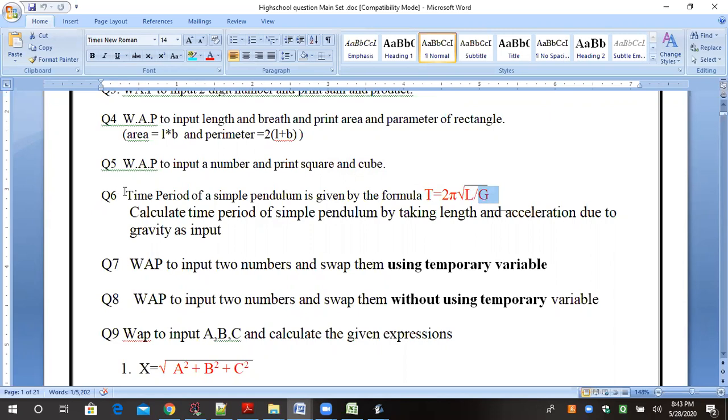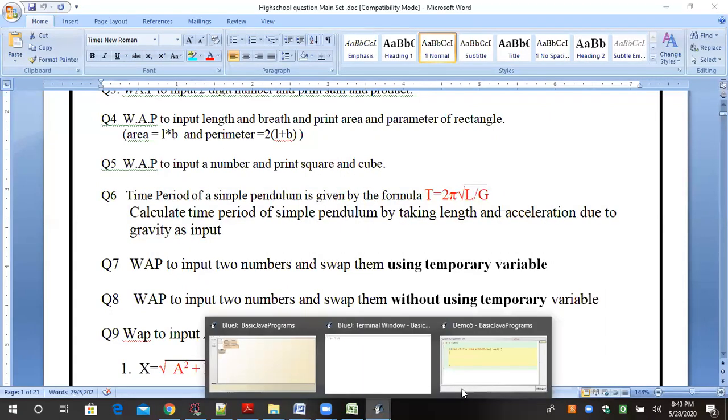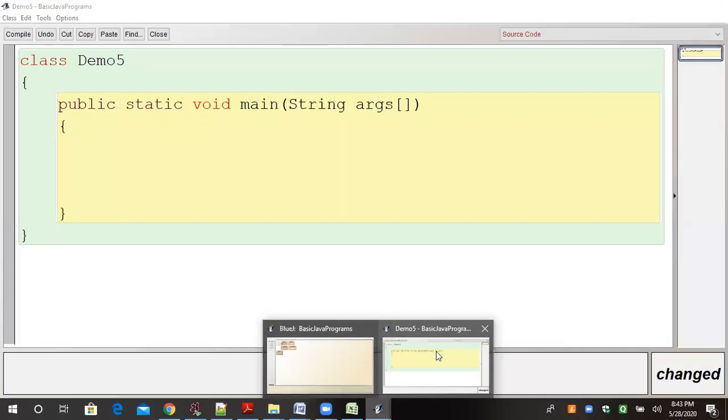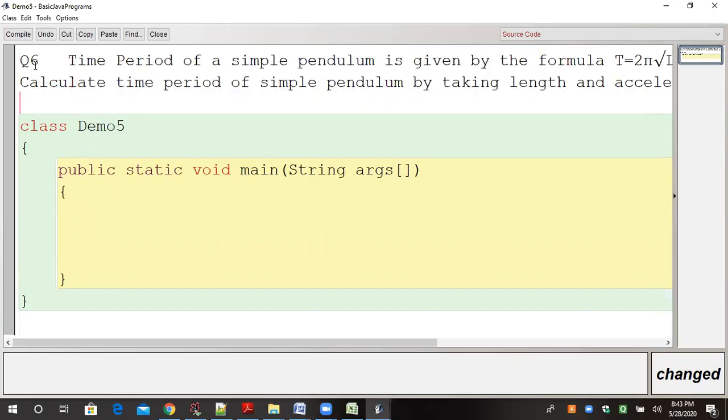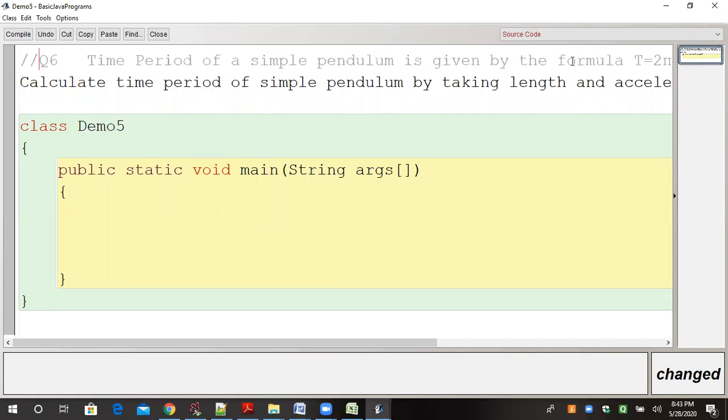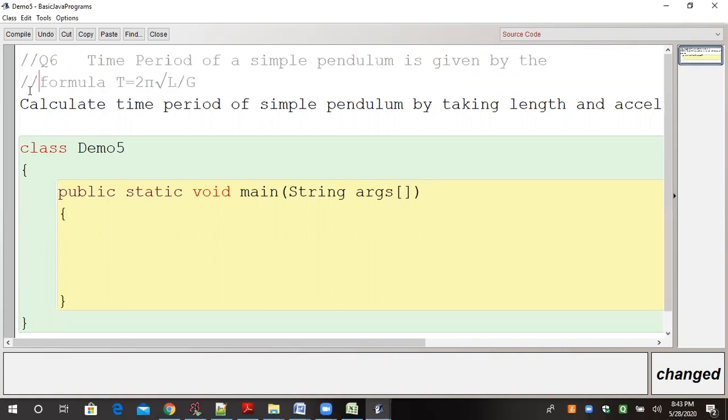So I'm just copying this question and pasting it in the Java environment. Okay, one second please. Each and every question I will discuss in front of you, and along with me you also have to practice. Most of the students are trying and showing the questions to me. I really appreciate it.